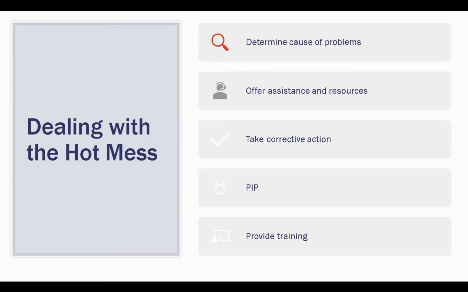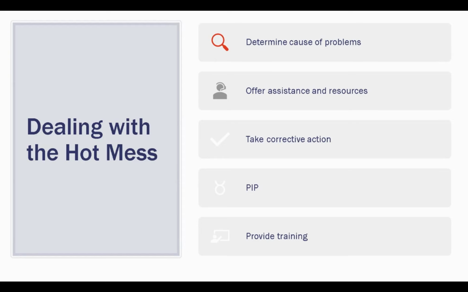And then you'll also document what improvement you want to see in the future, and you will determine that future as far as the time frame, such as 90 days, and then you'll schedule regular meetings to review progress. If extra training is needed, then determine when and how that training will be provided.